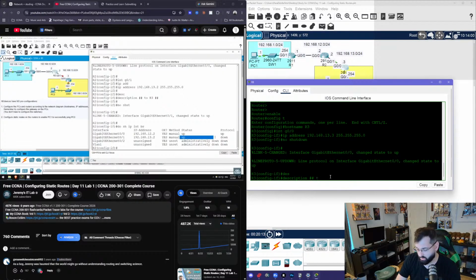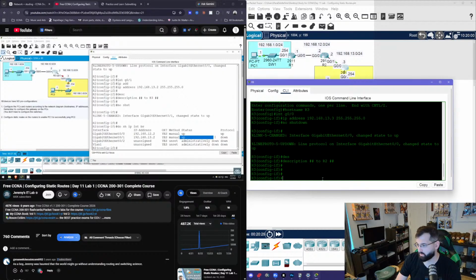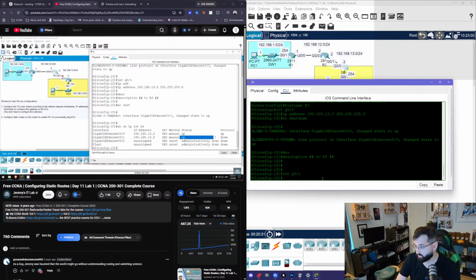Description 2R2 because that's what's going on. This interface goes to that interface. Okay. Let's do interface G0/1. IP address